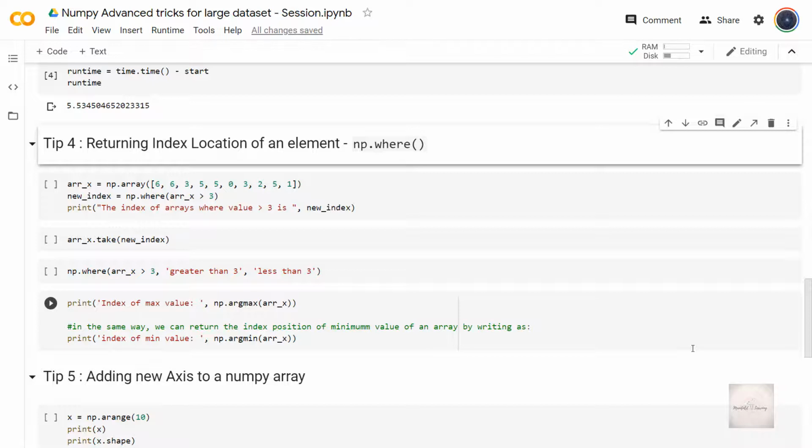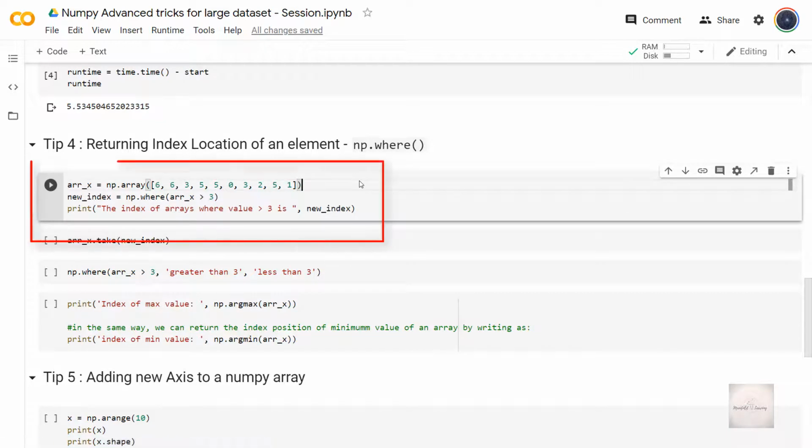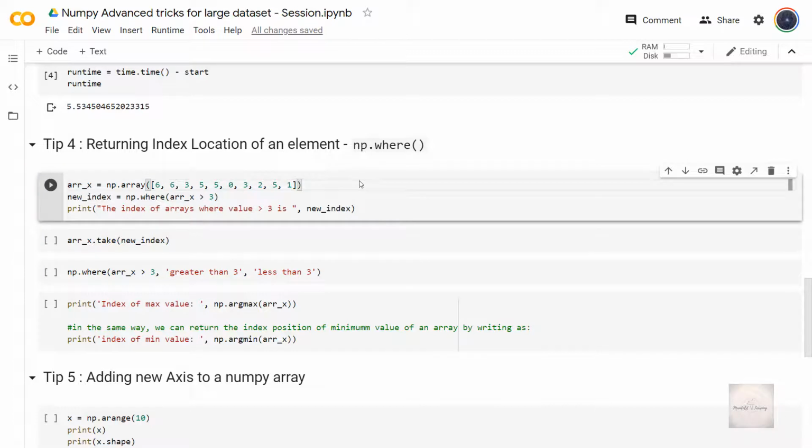Okay, now to show you how to make use of the np.where function, I'll create an array like this. As you can see on the screen, arrx, that is array x, is equal to np.array, and I have given some values 6, 6, 3, 5, 5, 0, 3, 2, 2, 5, 1 and many more. Okay, now if I want to return the index positions of the Numpy array which are greater than 3, then I'll make use of the function np.where and specify the condition inside